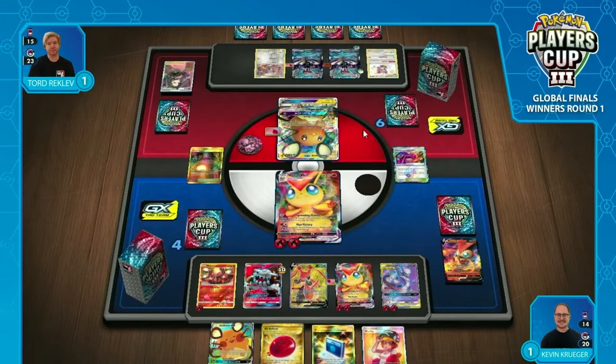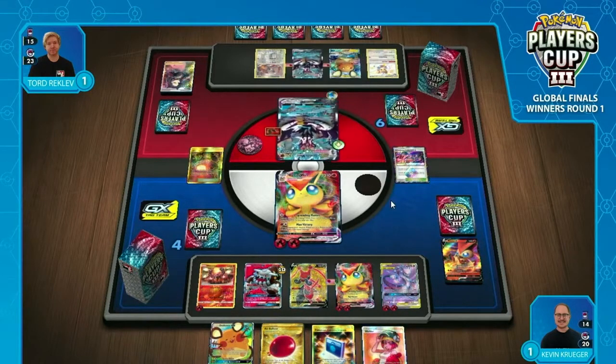We finally do see energy. It's actually the Rapid Strike energy, so there is the option to G-Max Rapid Flow this turn. Would be a nice option. The problem with that is it's hard to two-hit KO the VMAX doing that. 150 plus 150 and a Galarian Zigzagoon, there's your KO. 150, 120 leaves you 40 damage short,